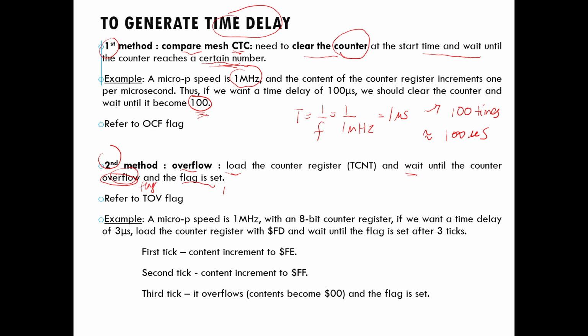So this is the second method. For example, you have a microprocessor speed of 1 megahertz and you have 8-bit counter registers. If you want to create a time delay of 3 microseconds,